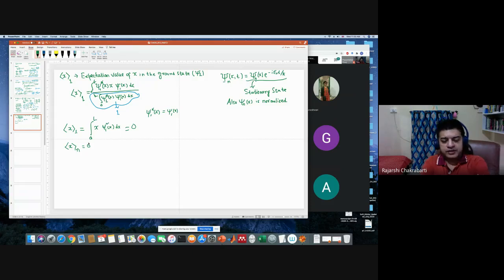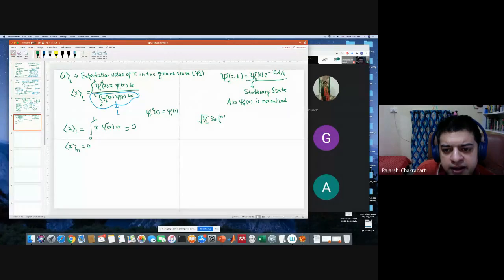One small question, maybe you can tell me. You have to remember, you have to see that this wave function, sine of n pi x by L, is not an eigenfunction of the position operator. This is very important, I should write it down. That root over 2 by L sine n pi x by L is not an eigenfunction of position